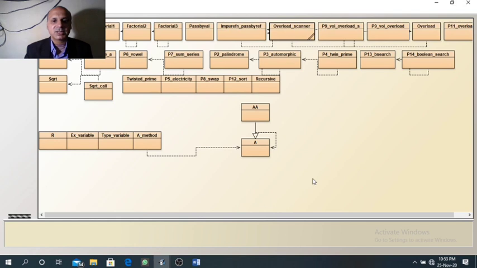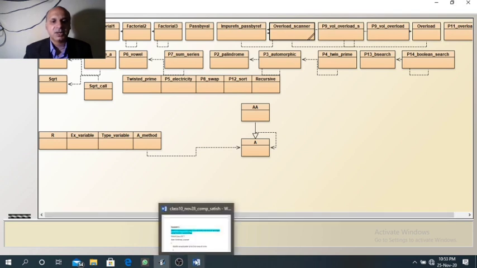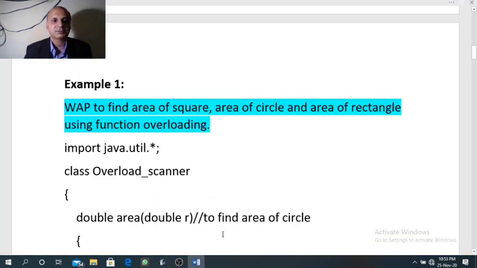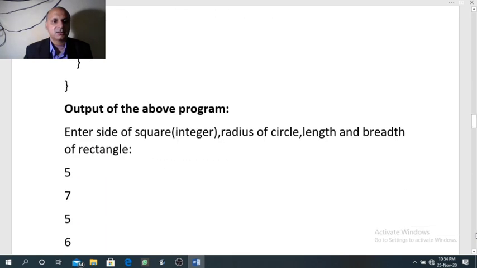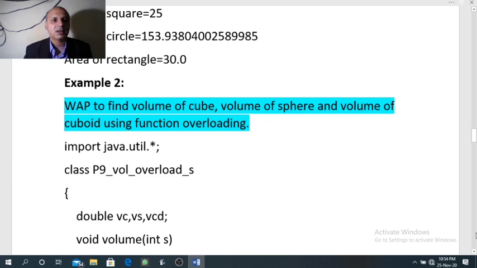One more program we will see to understand this function overloading. Write a program to find volume of cube, volume of sphere, volume of cuboid using function overloading.